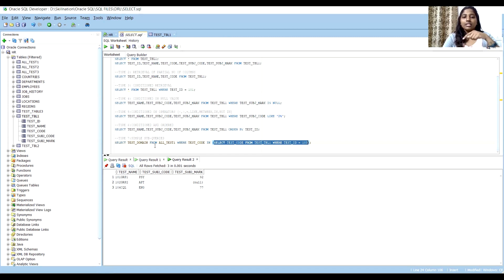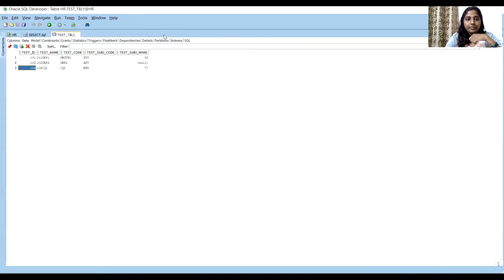So what we have done here is select test code from test table 1, where test ID equal to 103. Let's run this select statement first. I've selected that particular statement and I'm clicking on run. It says there is no record for 103. Let's go to test table 1. There is no record.